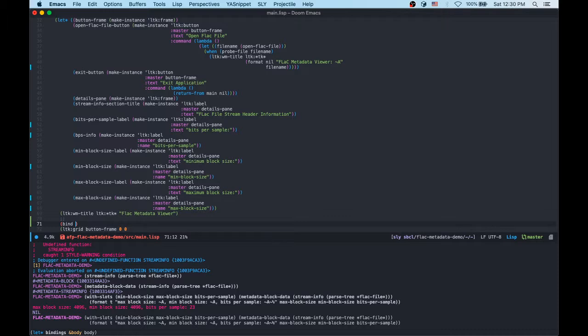Not necessarily our details pane. We could do it for each of our labels. We could do command, file open, and we could do a lambda here,